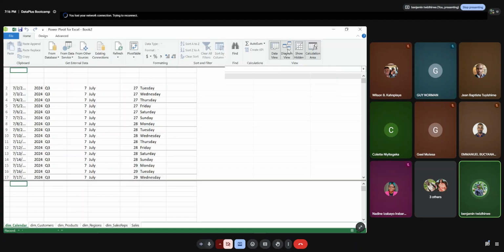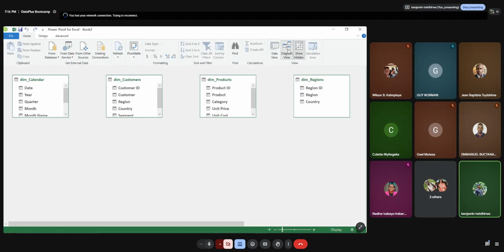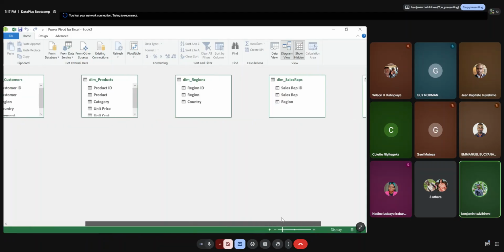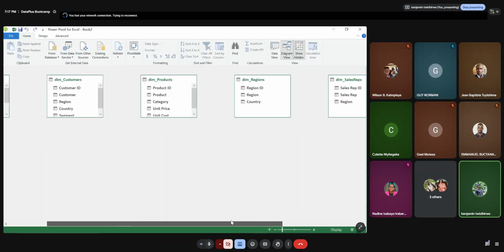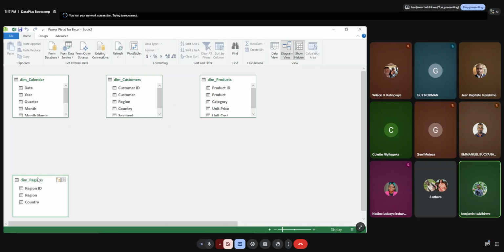Click on diagram view. After clicking on diagram view, you are going to see these six tables appearing here. So let us try to drag and put